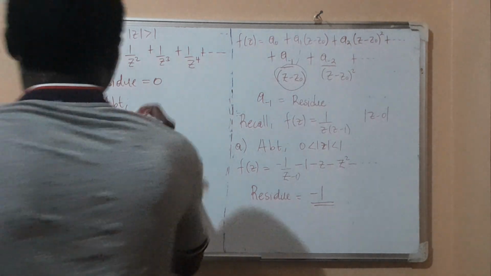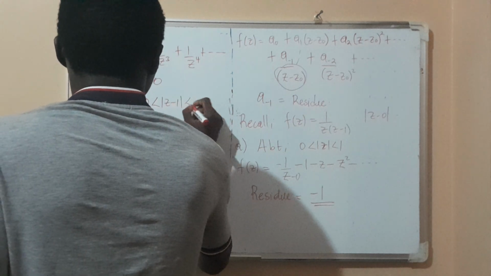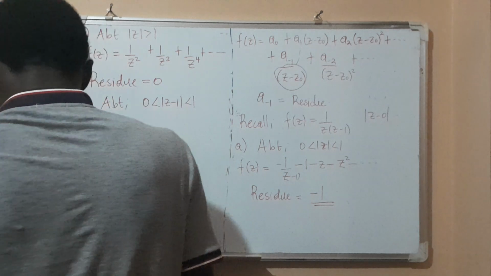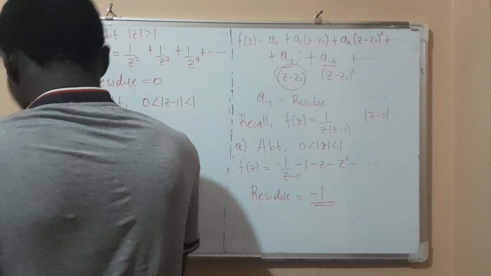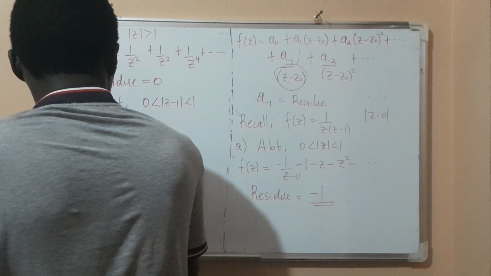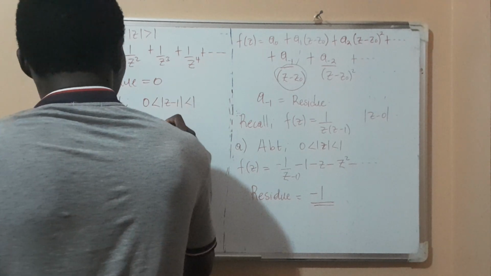About 0 less than absolute z minus 1 less than 1. So our answer was f of z equals 1 over z minus 1